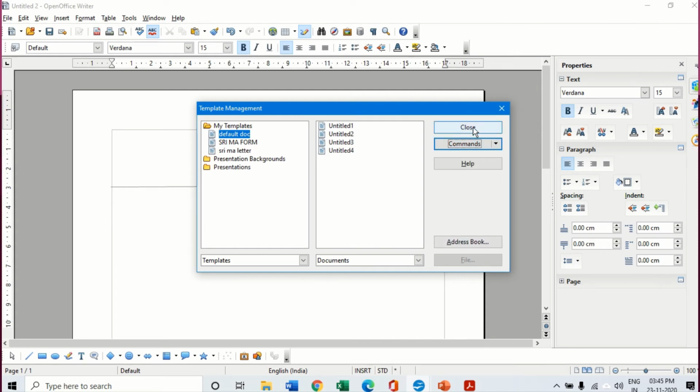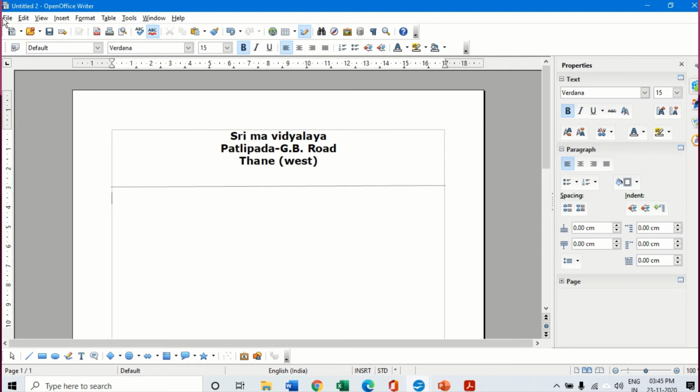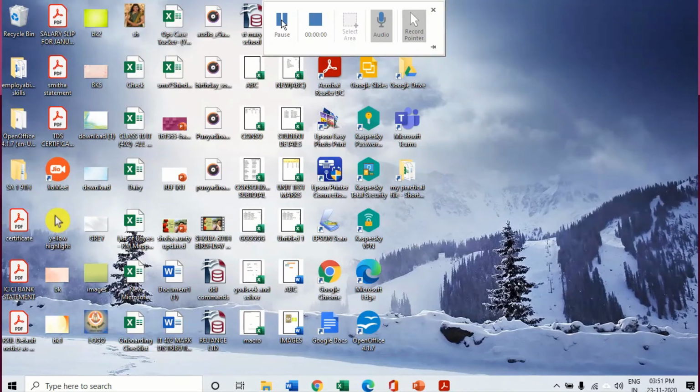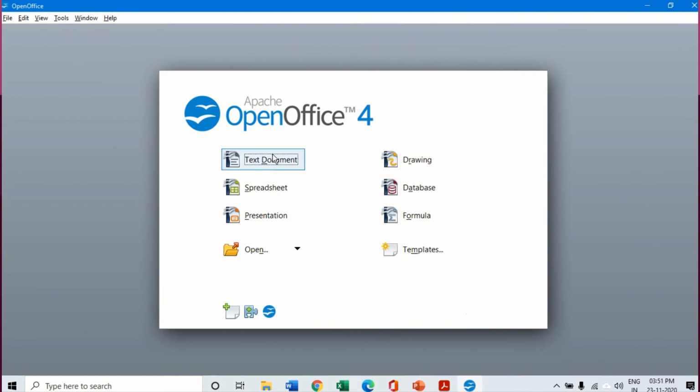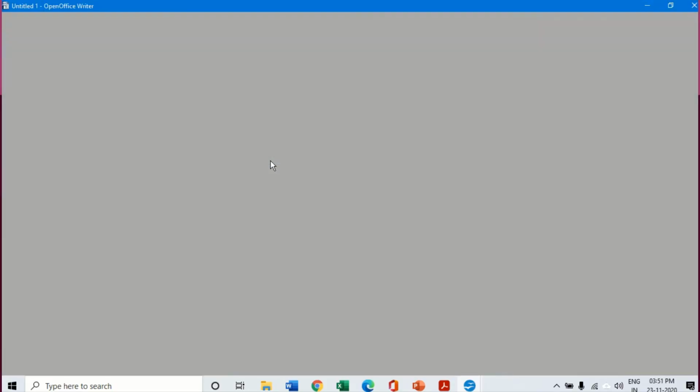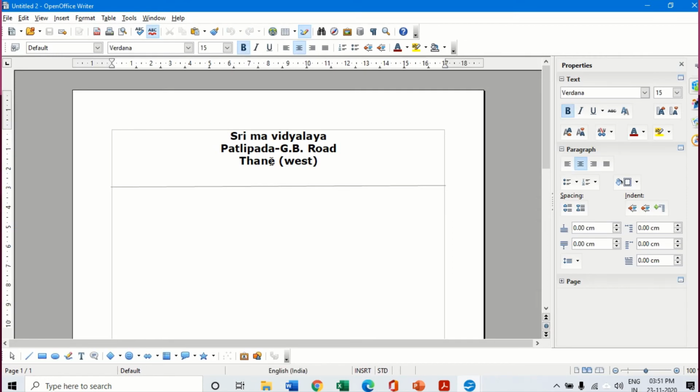Now I click on close, and to try out a new one, I have already set the default doc as my default document, and let us try opening a new text document. And as I told you, because I have set that as the default, now Shrima Vidyalaya, yes, default doc, the one which I had made as my default document, will open up as my default document. So whenever I open a new document, it will open up in the template which I created. So this is how we can create a template and set that template as my default document.